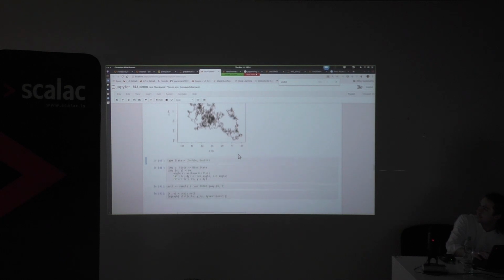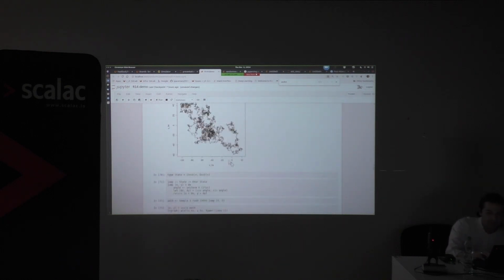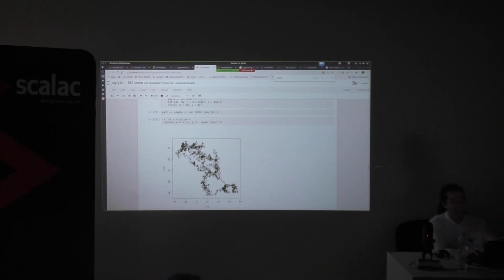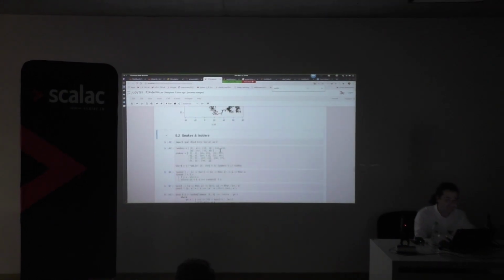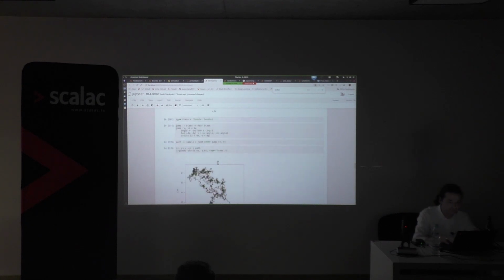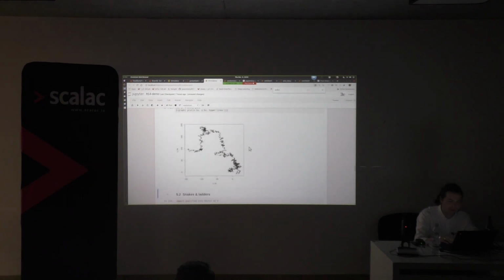We can do the same for doubles. It will look very similar, but I think that this is nicer. Can you re-evaluate this? Sure. A number of times? Looks similar. Yeah, because I did not resample. Now it's different. And it's different. Oh, that was funny. The average distance in this case will be square root of n, the number of iterations, from the center.